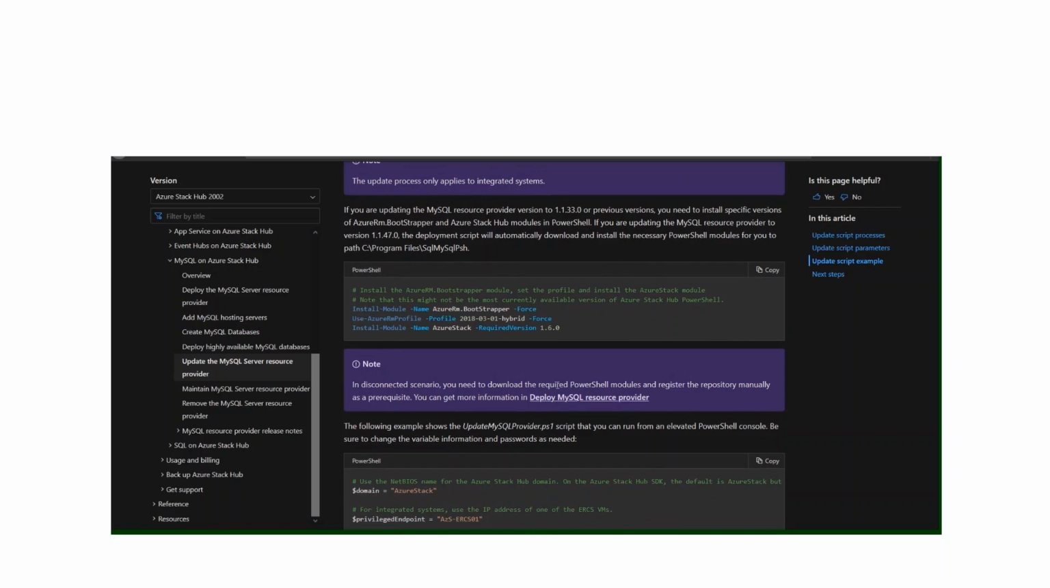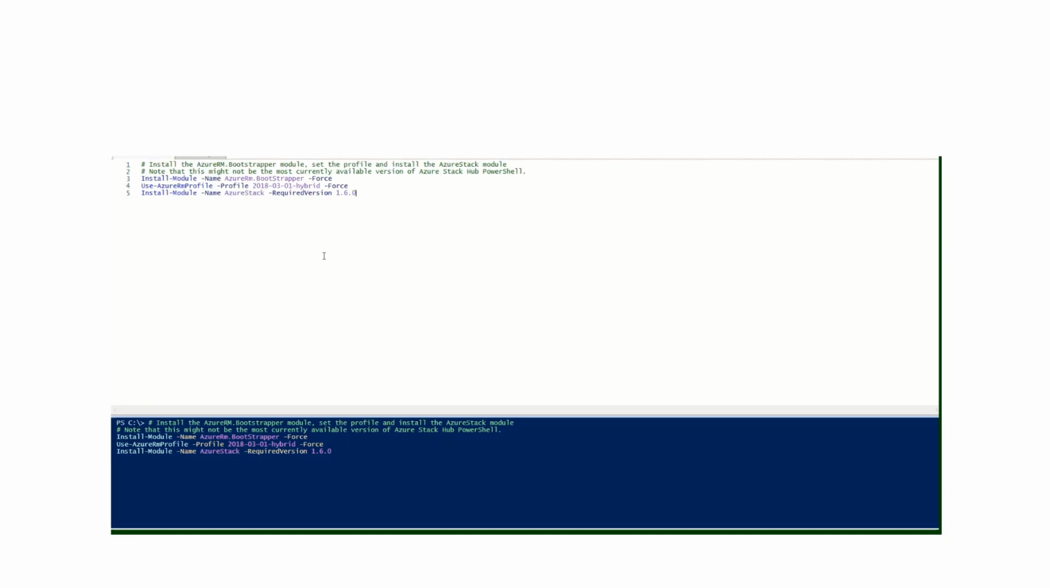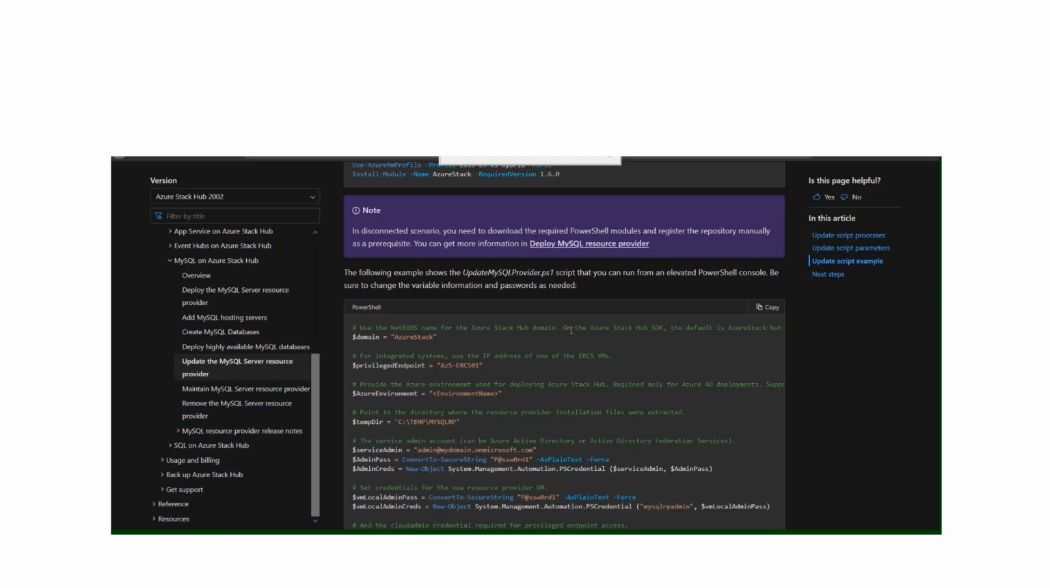Now we can start the update process. I will put the links to that document in the description section. First, make sure that you have installed PowerShell version 5.1 on your PEP accessible machine. We need to install required Azure Stack modules to perform the update. Run PowerShell as administrator and do that installation. Once that installation has completed, we can